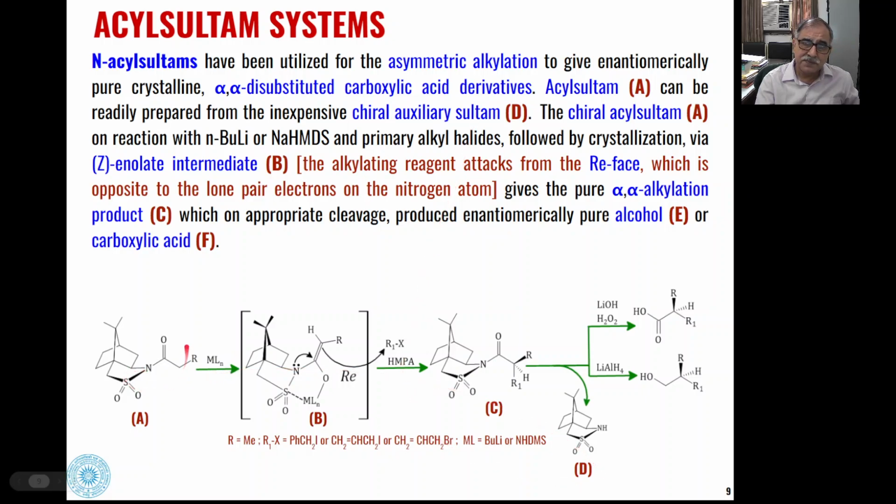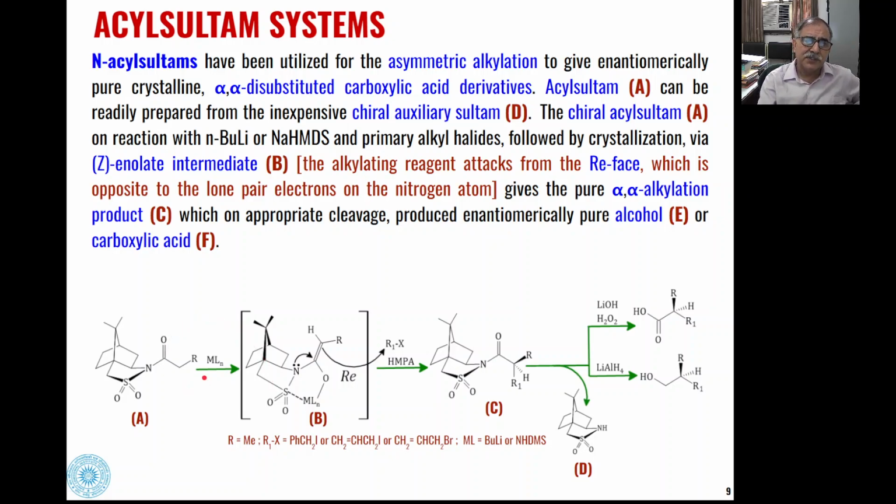Basically, these types of N-acyl sultams can be easily prepared from this sultam derivative, which is a chiral molecule, and this is very cheap and inexpensive. So by N-acylation of these, we can prepare these types of chiral auxiliaries, N-acyl sultams. These N-acyl sultams, when they are reacted with metal ligands,